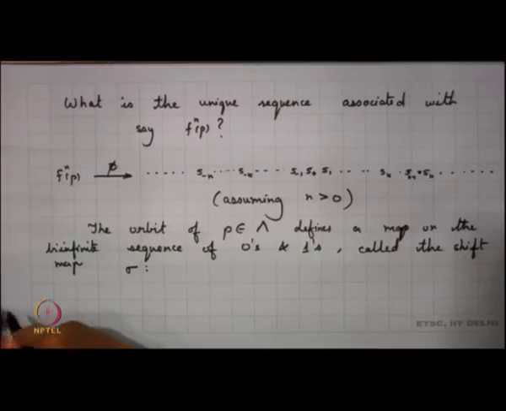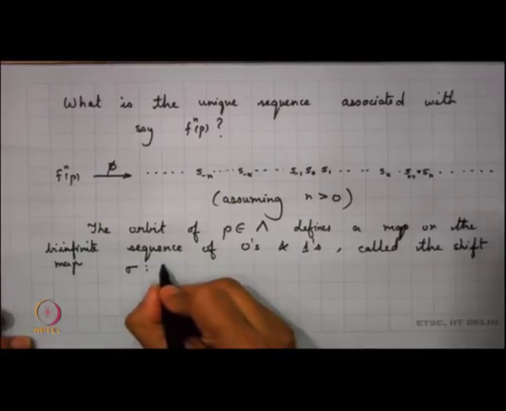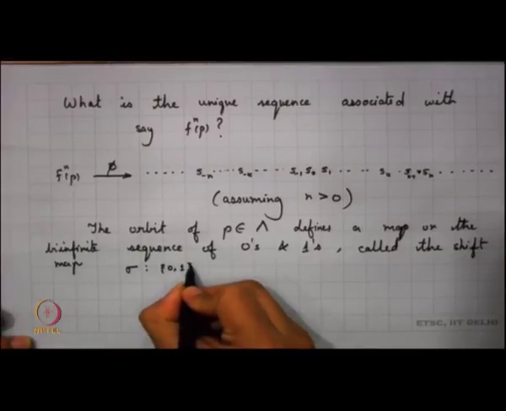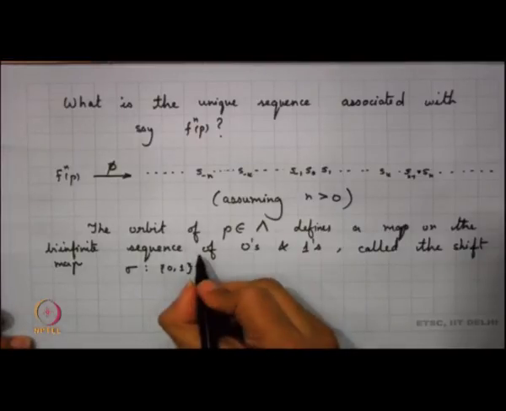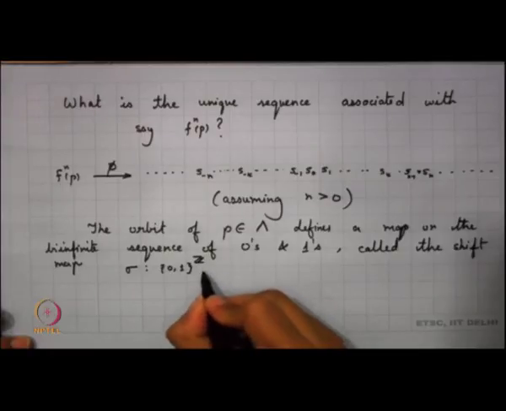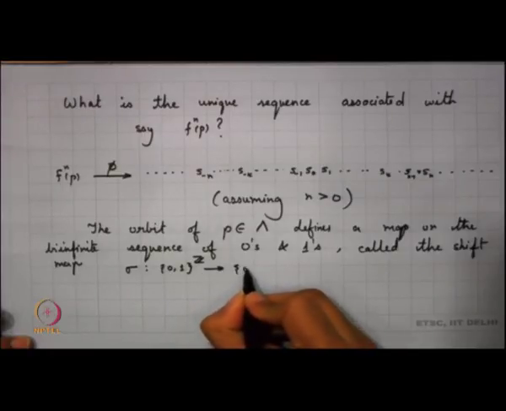Now, I have basically my sequence of zeros and ones. These are bi-infinite sequences, meaning they move on both sides. So, I can say that {0,1} to the power Z, to {0,1} to the power Z,